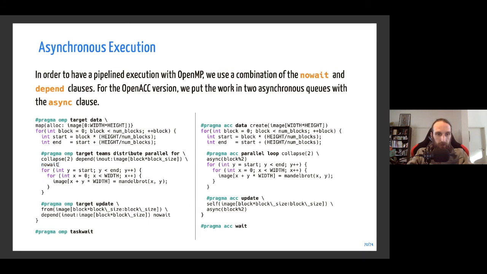So in OpenMP, you see, we just use a new clause, which is the nowait. So it means that the CPU is not supposed to wait. It launches the kernel and then goes back to execution. It's not waiting for the kernel to complete, okay? We do the same here with async in OpenACC. We say, okay, launch this kernel and then go back to your work. And we do the same with the target update. We add a nowait clause in this case, and we use the async, okay?